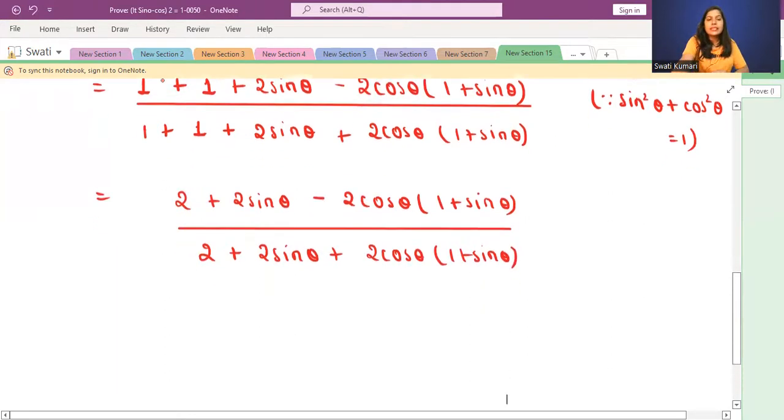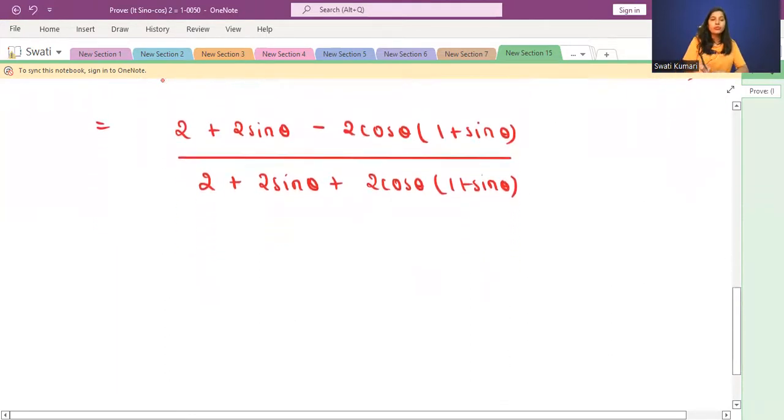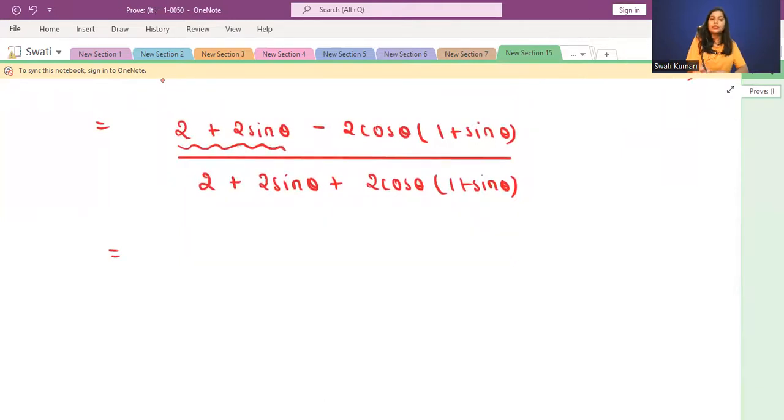Now, in the next step, I can, of course, take 2 common from these two terms, 2 + 2 sin θ. So 2, if I'm taking common, I'm getting (1 + sin θ), all right. Now, minus twice of cos θ into (1 + sin θ) as it is, and then upon,